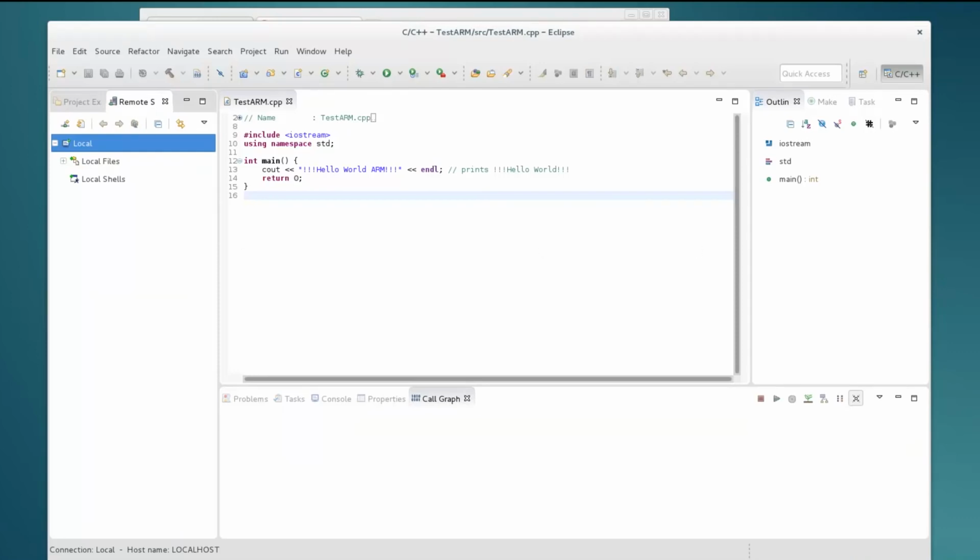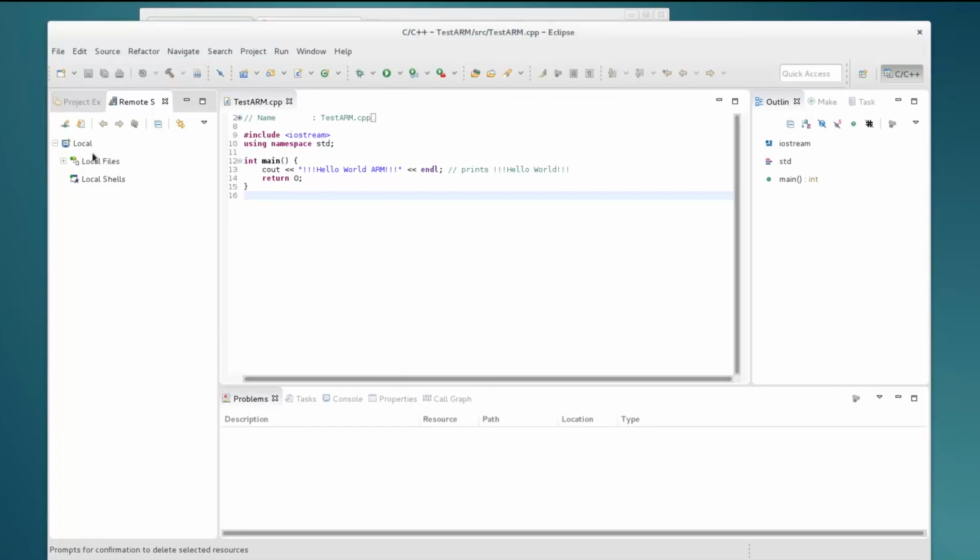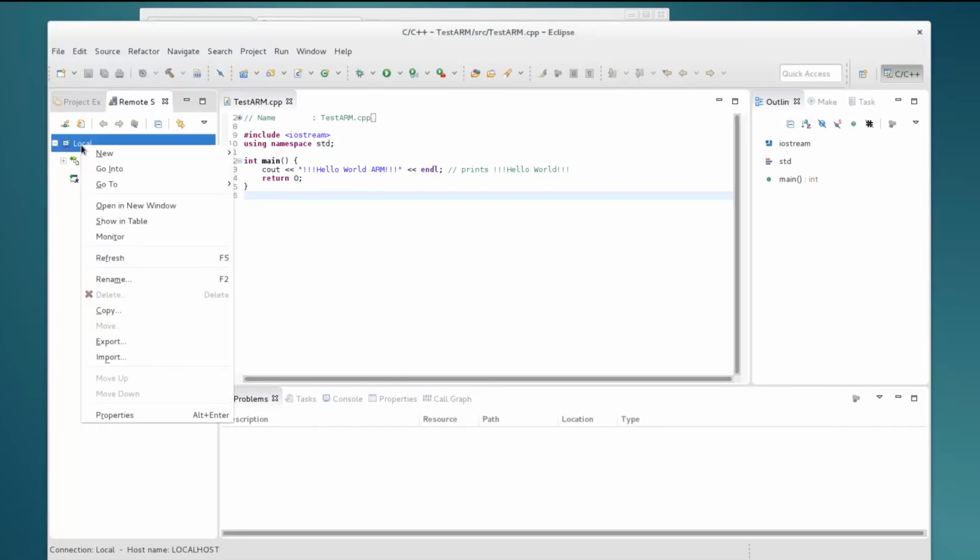And at this point, this is how we're going to connect to the BeagleBone. So the whole purpose of the Remote System Explorer is to be able to connect to the BeagleBone. The alternative is to FTP your application over to the BeagleBone every time, like I did earlier, and then execute it on the BeagleBone. But this will allow us to integrate everything together. So the next thing I'm going to do is I'm going to add